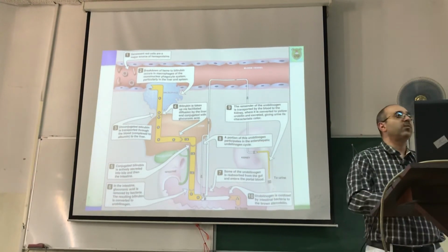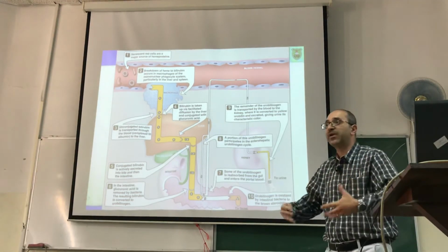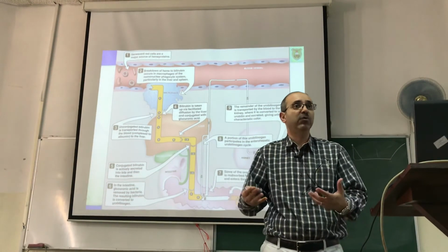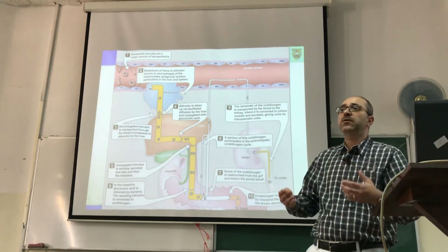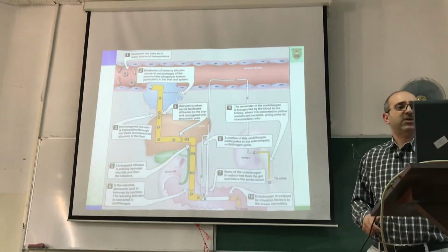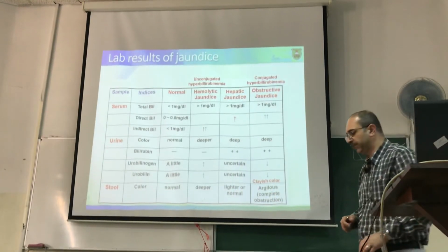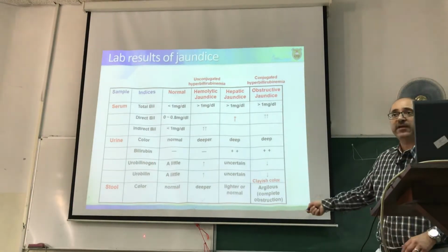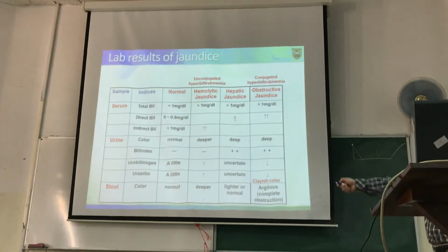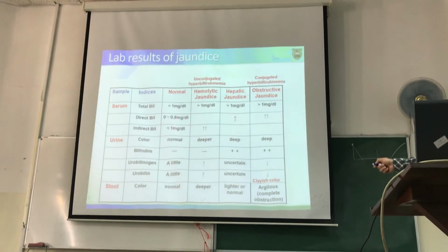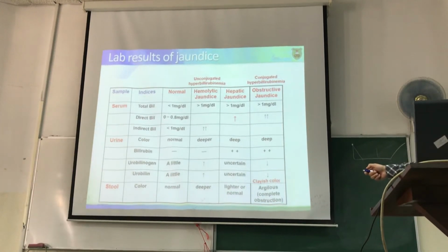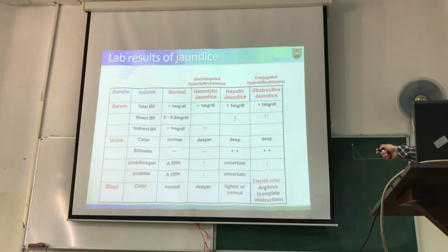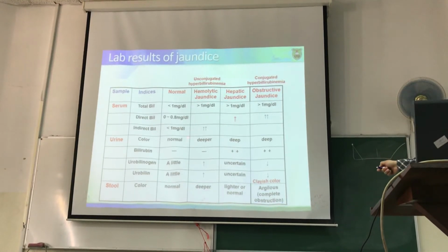There may be a problem with the conjugating enzyme, so the enzyme is not really conjugating the bilirubin very efficiently. So it depends on the condition. Let's look at this table that shows the different indicators. If that's a normal level of total bilirubin, direct and indirect, direct is the conjugated, indirect is the unconjugated, the free bilirubin. Now, if there is hemolytic jaundice, that would result in an increase in indirect bilirubin, or the